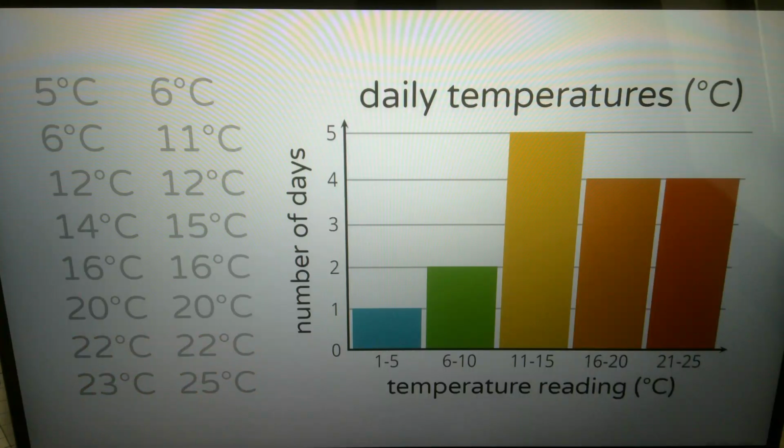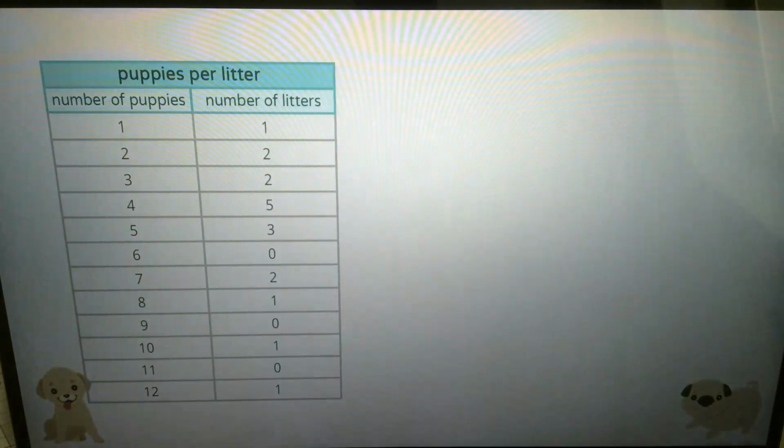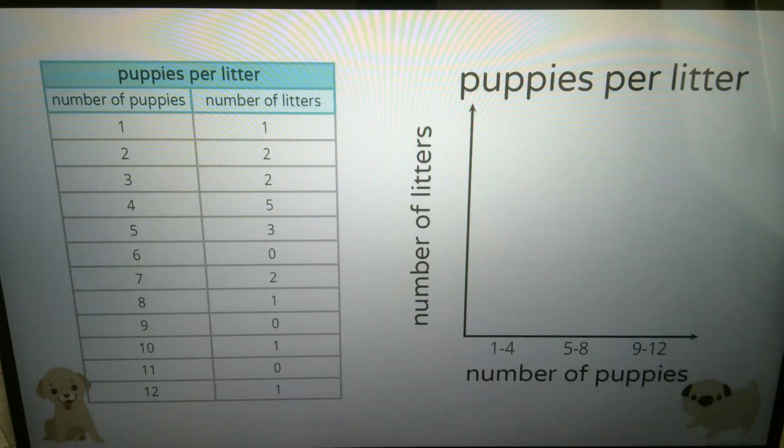We did it! We made a histogram of Caleb's data. Now, let's make a histogram from a frequency table. We can follow the exact same steps to create a histogram from a frequency table like this one. Here is a frequency table showing the number of puppies born in each litter at a local shelter over the past year. The number of values in each bin,